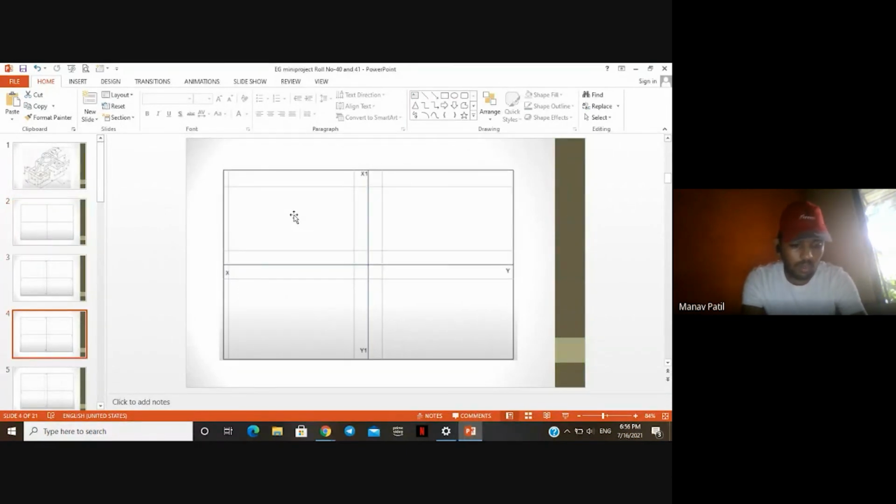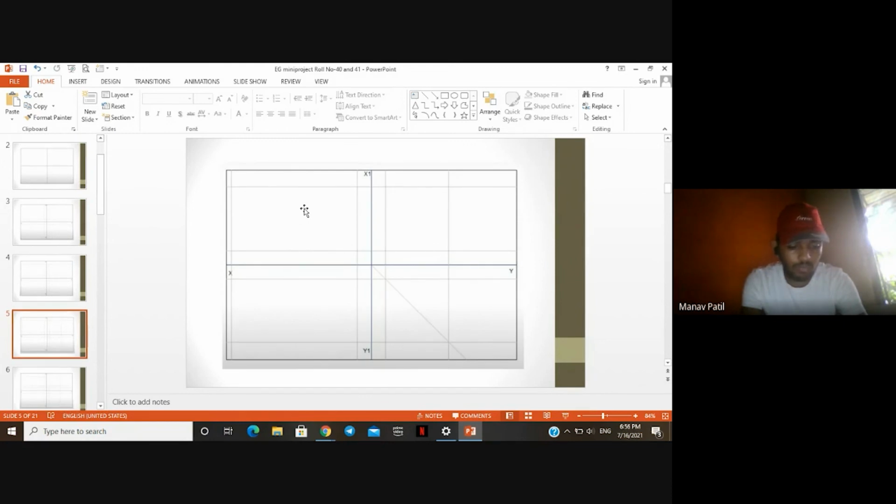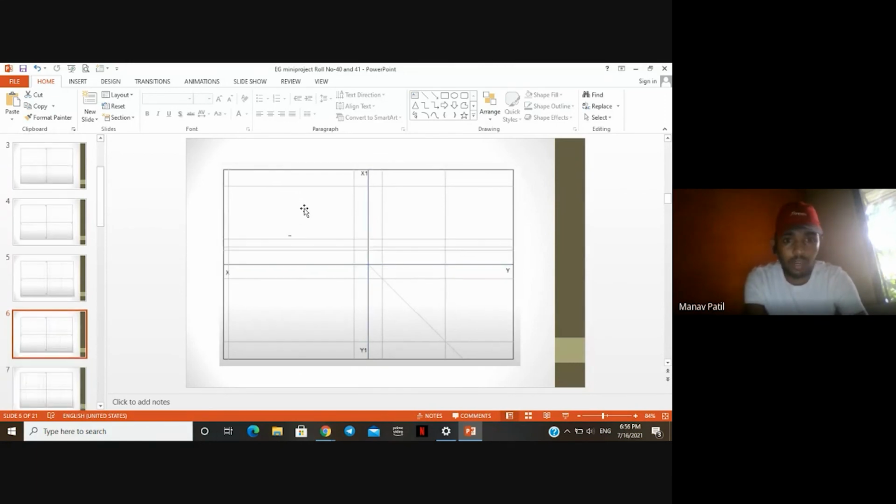Then draw a line at a distance of 180 mm parallel to y-axis and parallel to x-axis as shown here. Then draw a line at an angle of 45 degree in the fourth quadrant to show the projection lines. Make a line parallel to y-axis and parallel to x-axis at a distance of 86 mm. Then draw a line parallel to x-axis above at a distance of 16 mm to draw the base of the object given in the example.